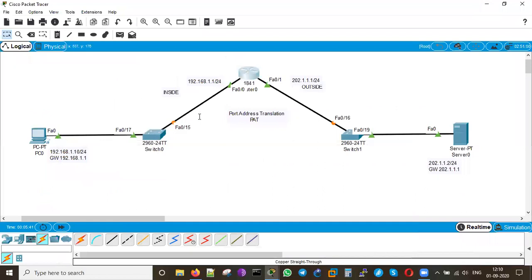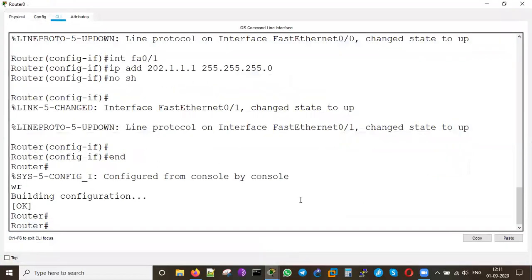Let me see if these cables are coming up. It's still amber here. Let it become green so that we will be able to ping the PC as well as the server to verify the connectivity between the server, the routers, the PCs and other things. Let's wait for some more time. Now it's become green. This will also become green now because the cable is getting checked. So both are up. Now let me go and try to ping the PC.